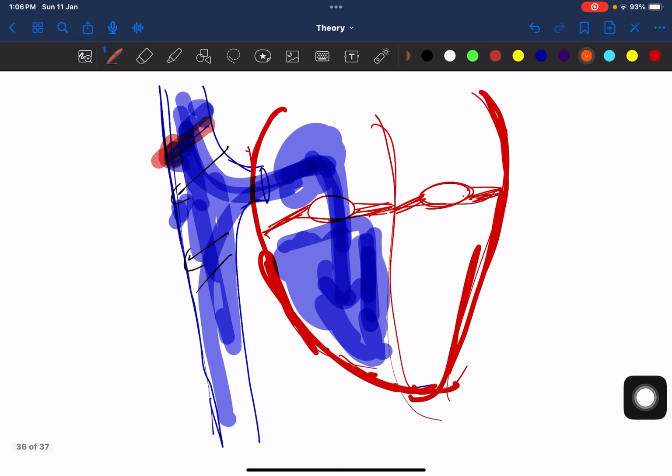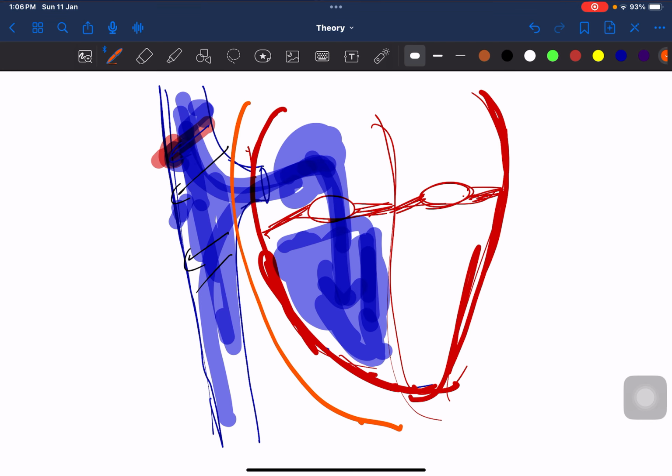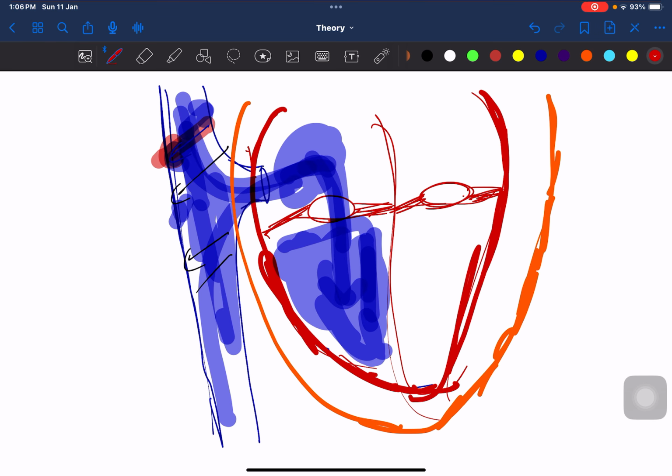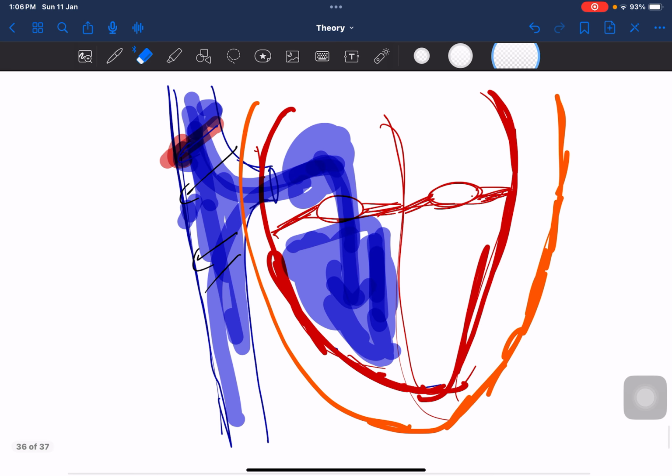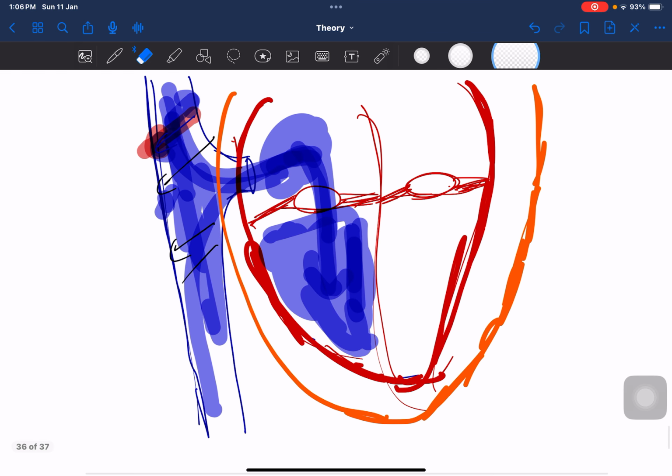So let's say this is the pericardium, and what happens in case of cardiac tamponade? Let's take this as a classic example, the free wall rupture in case of myocardial infarction. So if the free wall ruptures in case of myocardial infarction,